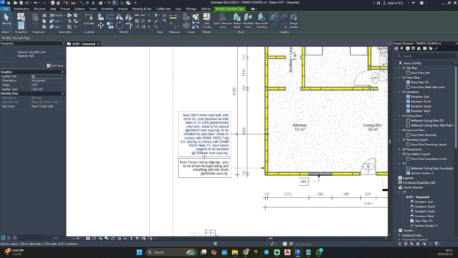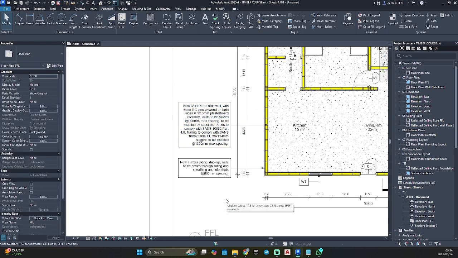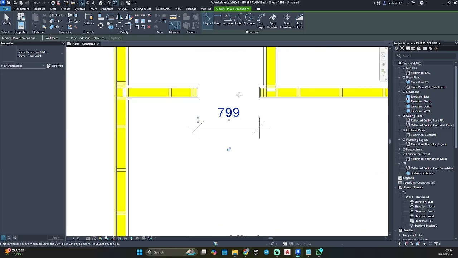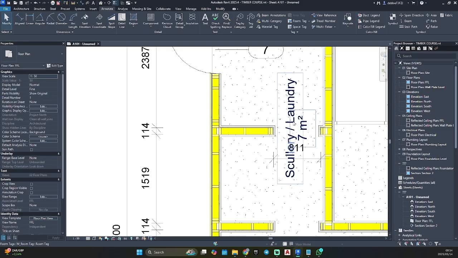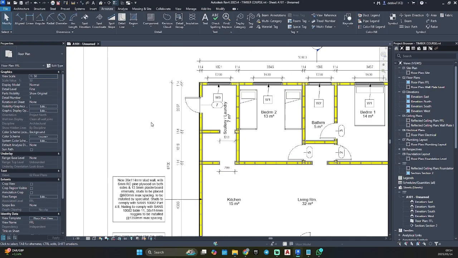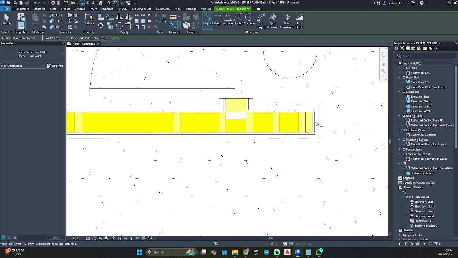I'm gonna use my arrow keys to space this. Let's put a tag here. Show our opening. Let's put one here as well.